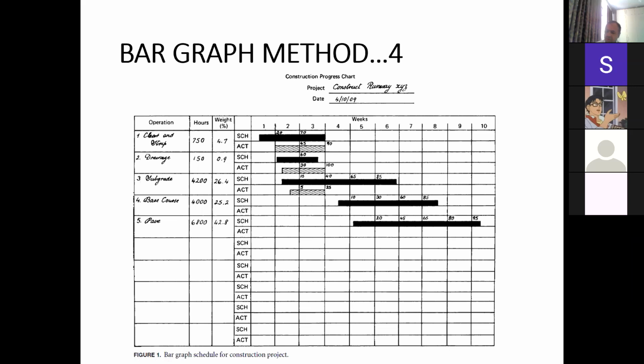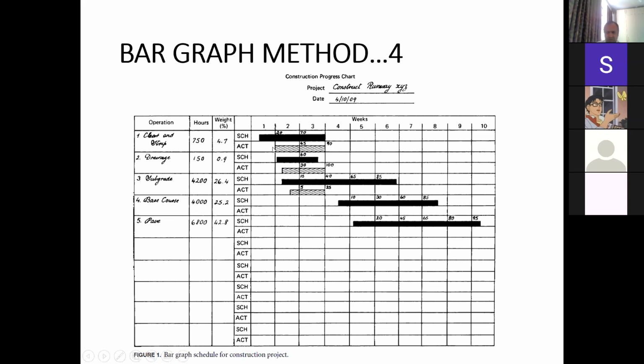Well, this is not the only representation of a bar chart. You can have some other representation of the bar chart, which may be slightly different than this, because in this case, the bar chart has been shown in a manner in which we are also showing the actual progress on the activities as well.